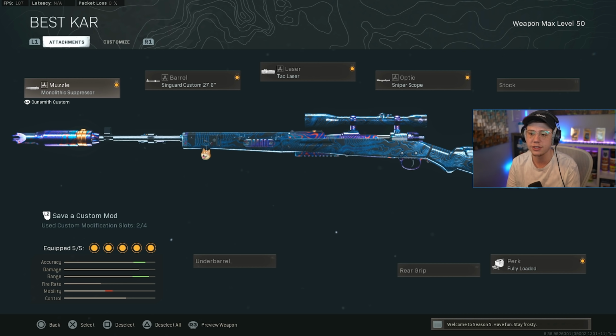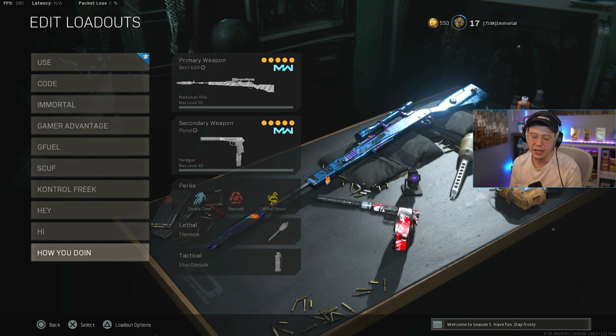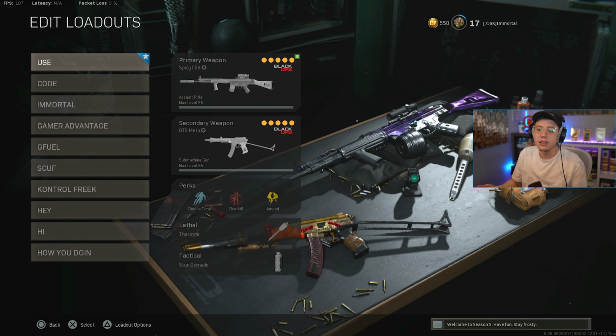Here we're going for monolithic suppressor, 27.6 inch barrel, tac laser, the sniper scope with the cross-thread reticle, and then also fully loaded once more. So those are the two less important setups, but I did want to have that discussion with Combat Scout versus Amped. But getting into the actual 8 loadouts that I'll primarily be using if I'm going for high kill gameplays,